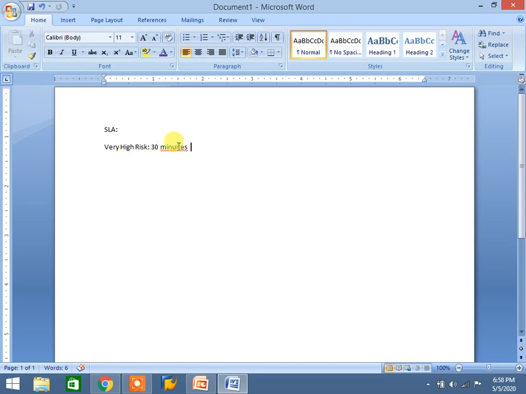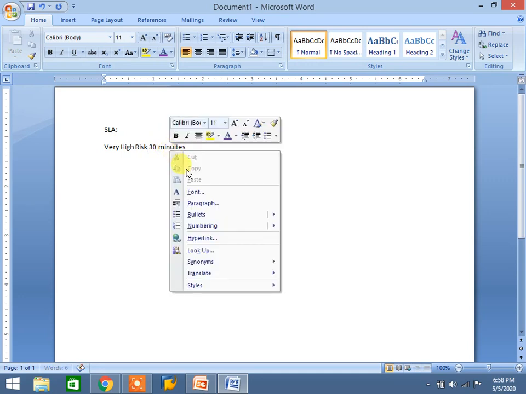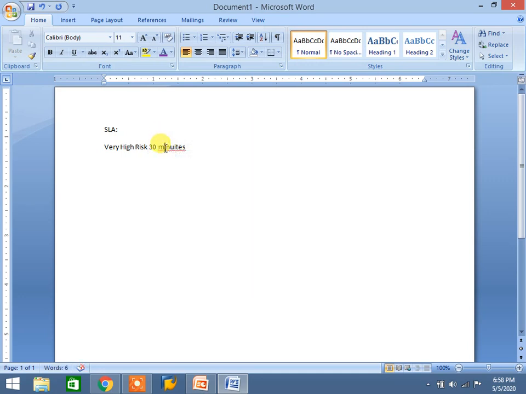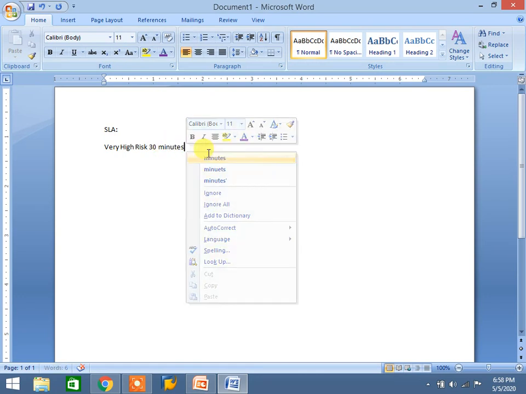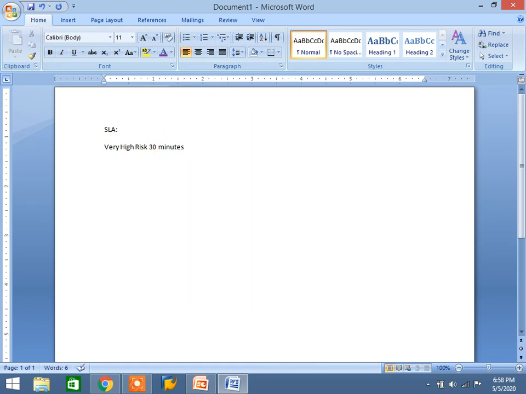You need to respond within 30 minutes. Within 2 hours you need to give a solution. Here, for very high risk, within 30 minutes you need to respond to the user.